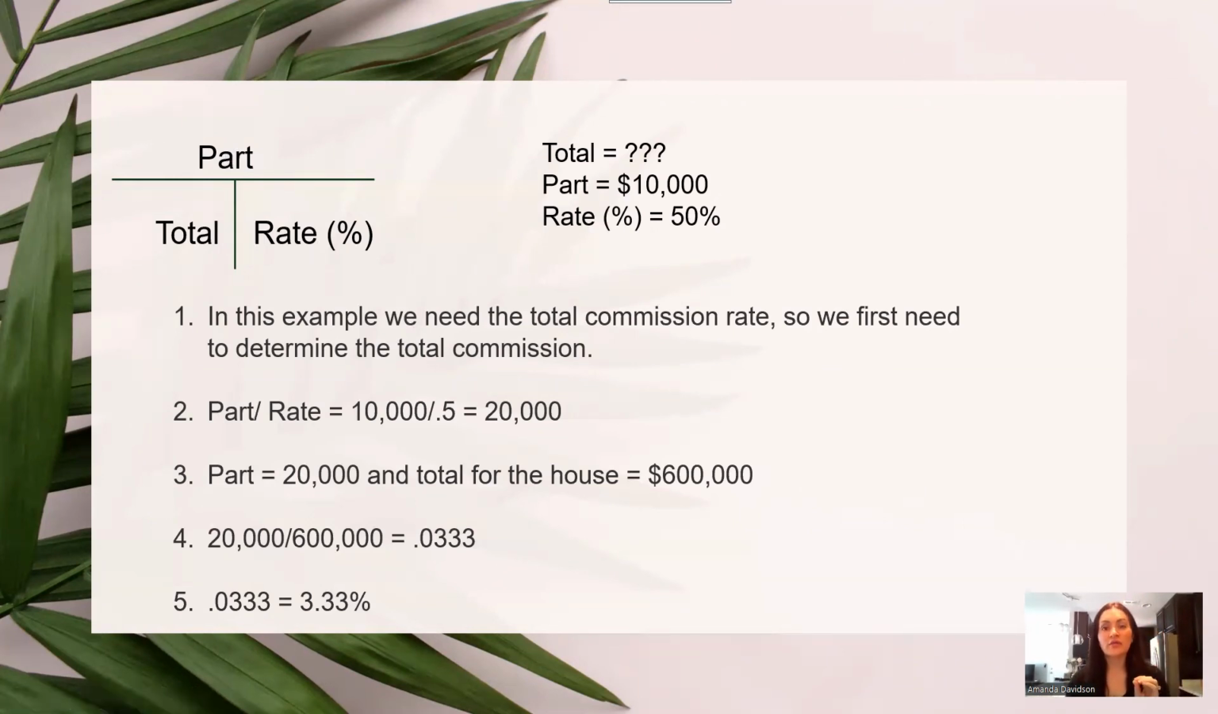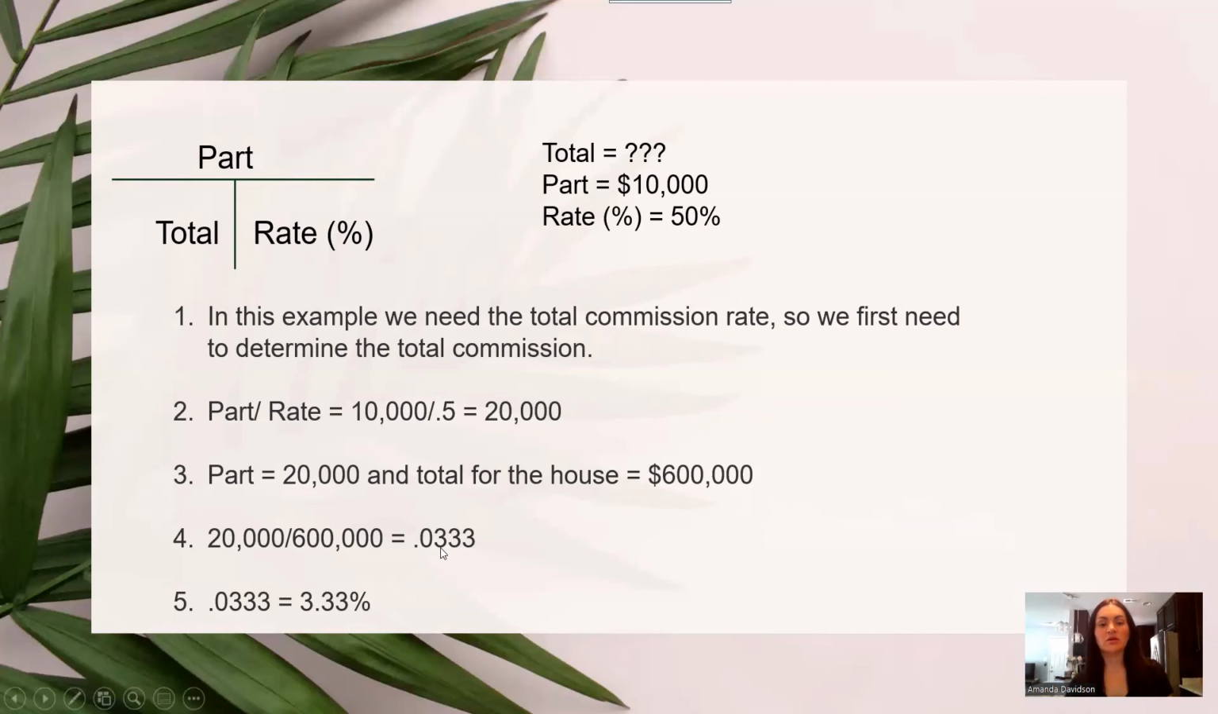So now we know that the total commission was $20,000 on a $600,000 house. So how do we determine what the actual total percentage was? Well, we come back up here. We know, again, $20,000, that is part of what we need. And then the total for the house was 600,000. So you're going to divide 20,000 into 600,000, and that will give you